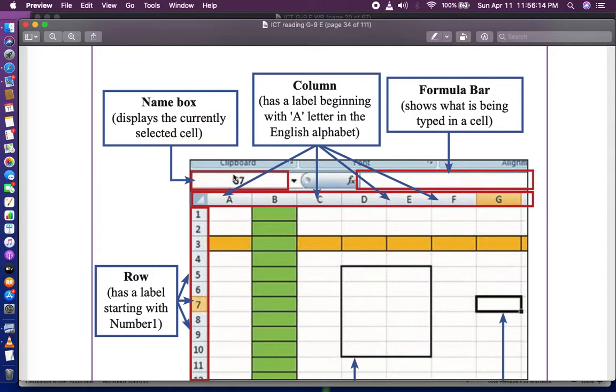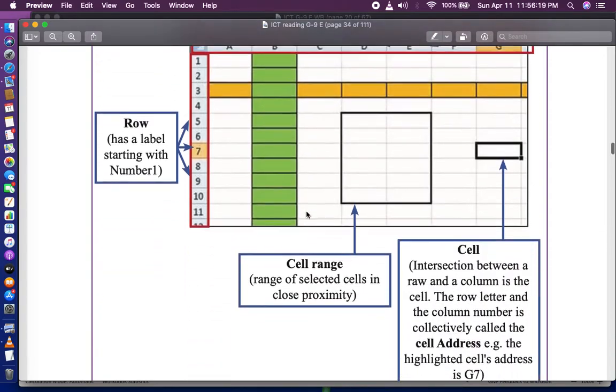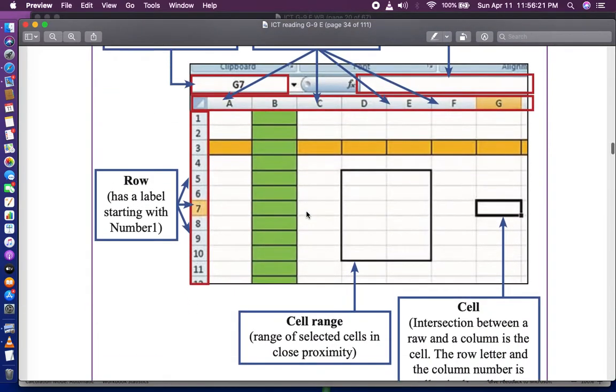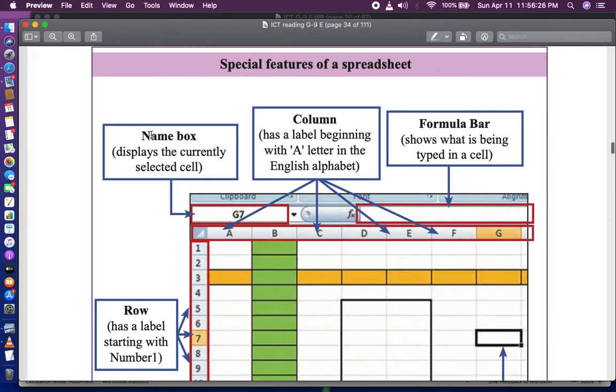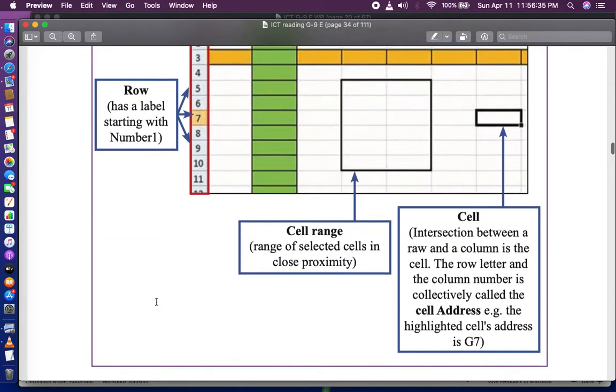is what appears in the name box. So see these small cages all have bold type names: name box, column, formula bar, row, cell range, cell, and here inside the cell cage you have cell address in bold. So keep these in mind. These are important, and